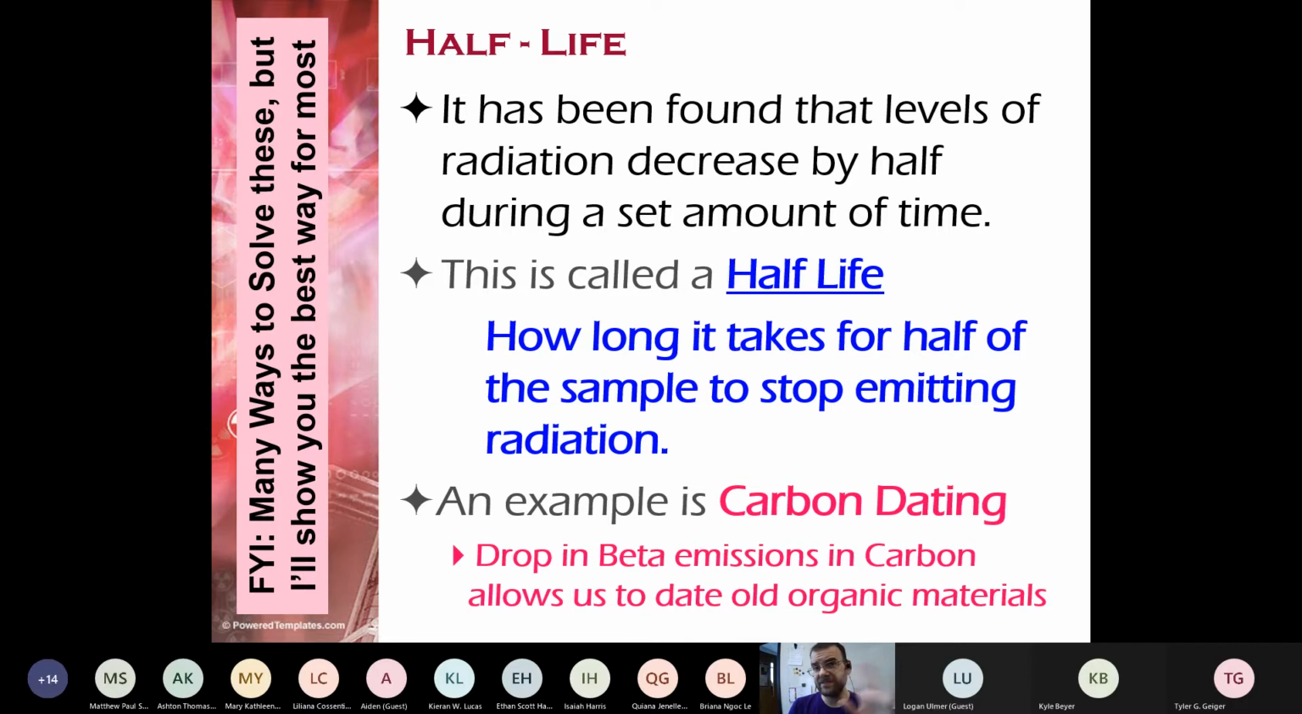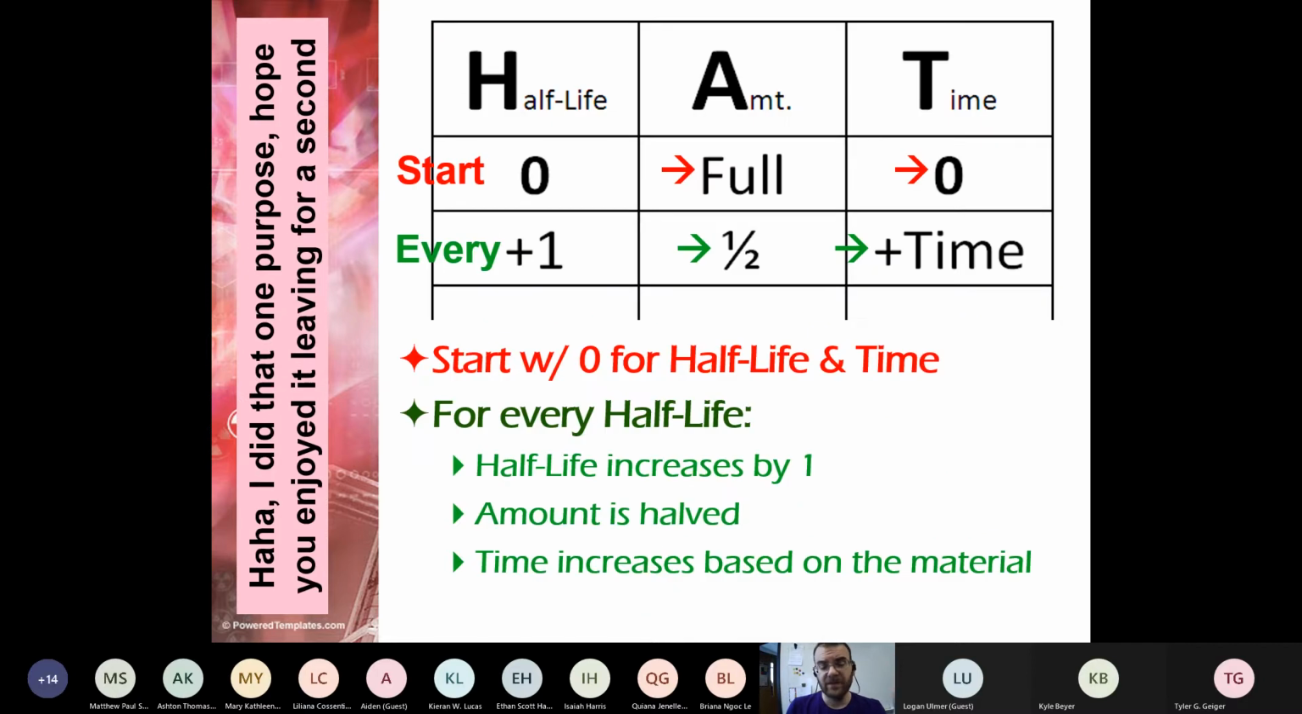Now, there are many ways to solve these. I'm just going to show you a couple. The number one way I'm going to show you is this HAT table. You set it up like this. H is for half-life, A is for amount, T is for time. When you start it off,